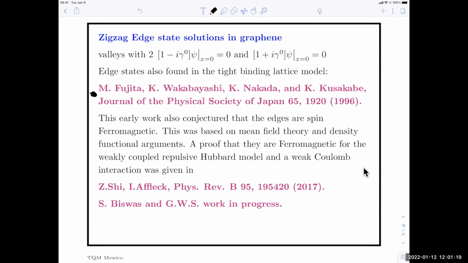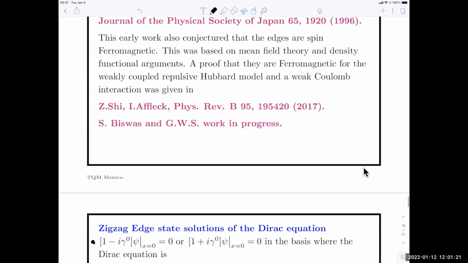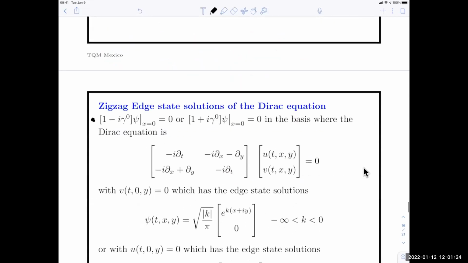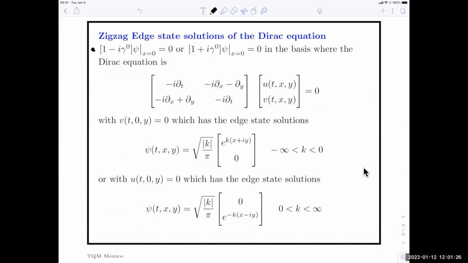And of course, that's a proof for the full graphene picture with two valleys and two spins. So there is something anomalous that one might expect. But from our own point of view, how would that come about? Well, let's start by looking at what the edge state looks like. So what we're going to do is study this material at very low energies, where we only have to worry about the edge states. We assume that we're close to the ground state. So all of the negative energy levels are filled, positive energy levels are empty, and we're simply talking about how electrons want to populate the edge states.